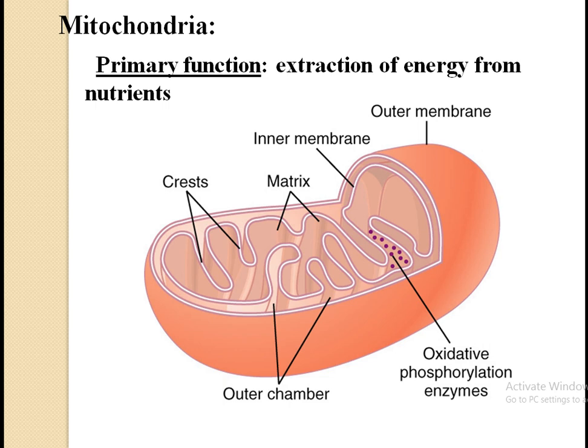The liberated energy is used to synthesize a high energy compound called ATP, that is adenosine triphosphate. After that, this high energy substance is transported out of the mitochondria and diffuses throughout the cell to release its energy wherever it is needed to perform the cellular function. So this is the way the mitochondria is helpful and why it is called the powerhouse of the cell.